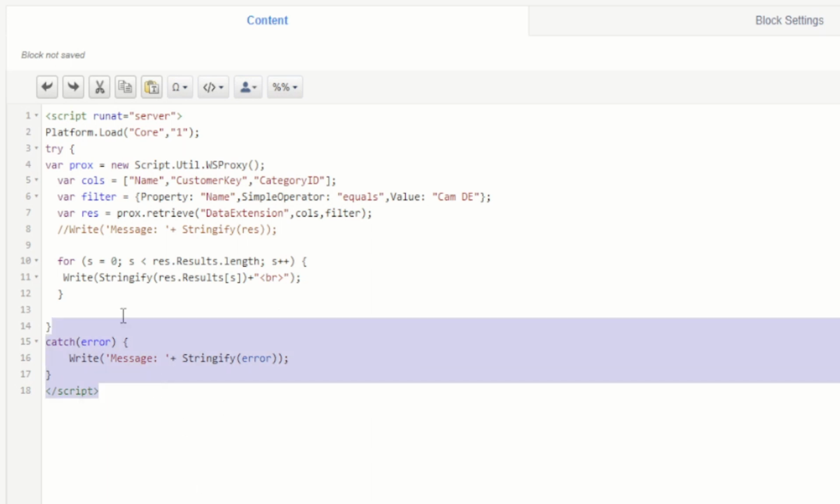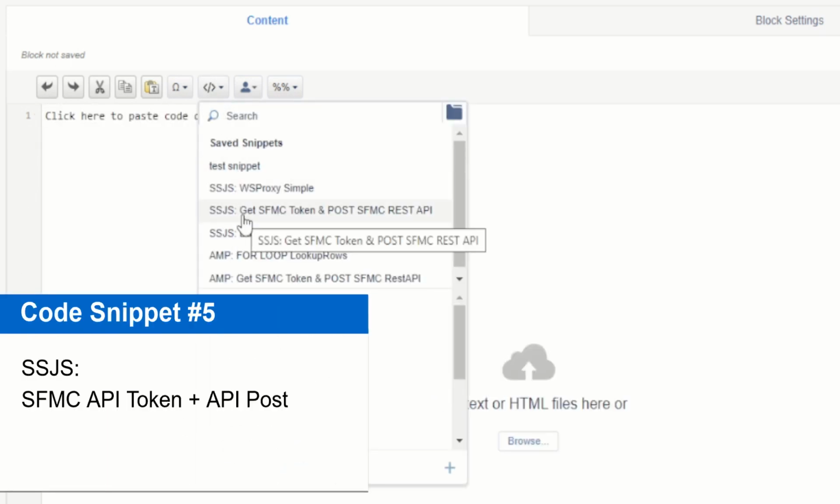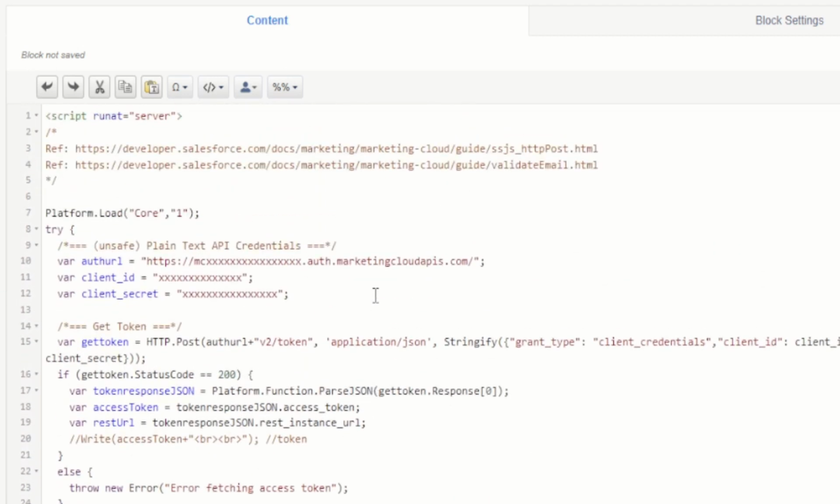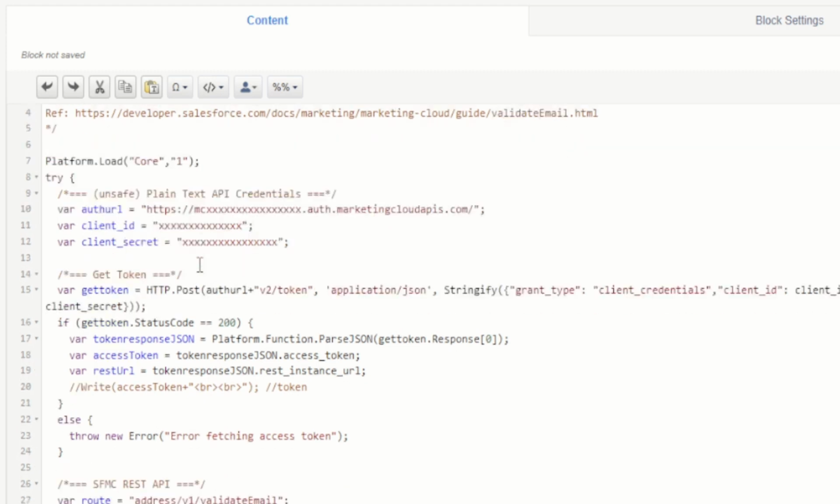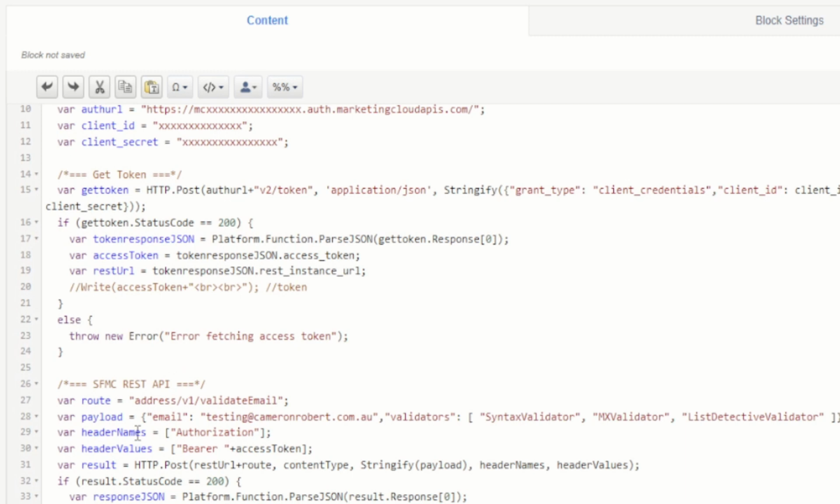And finally, my fifth code snippet you can use right now is my SSJS get token and make a post call to the REST API in Marketing Cloud. This one's a bit bigger, but it is ready to go. Very similar to my AMPscript one, it's a simple plain text API credential setup with my client ID, secret, and auth URL, going to get my brand new token and my REST URL, and then make a sample API call